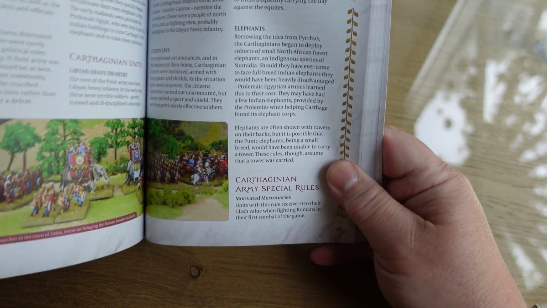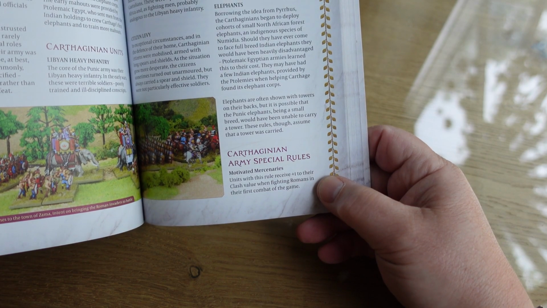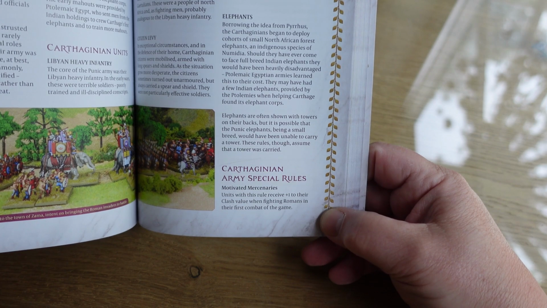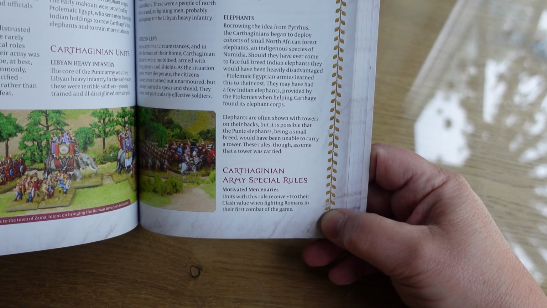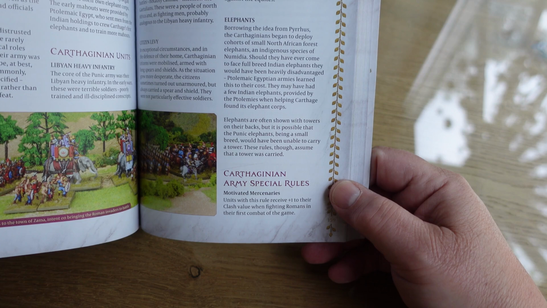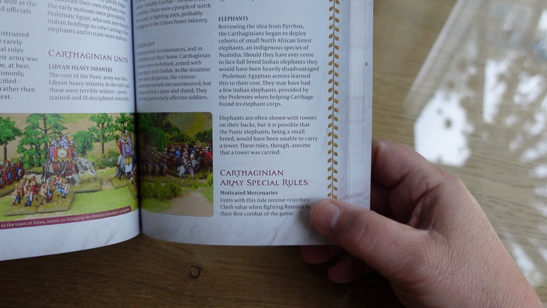So we'll move over to the Carthaginians, and one special rule the entire army has is the Carthaginian motivated mercenary rule. Now, one of the things about the Carthaginian army is they relied very heavily on mercenaries, and they're not like the mercenaries we have in mind when you think normally about mercenaries that are out for all they can get and only do a job if they're paid properly. Now, to be truthful, they're the same with the Carthaginians, but they were also a bit more enamoured with their cause, and to simulate that,